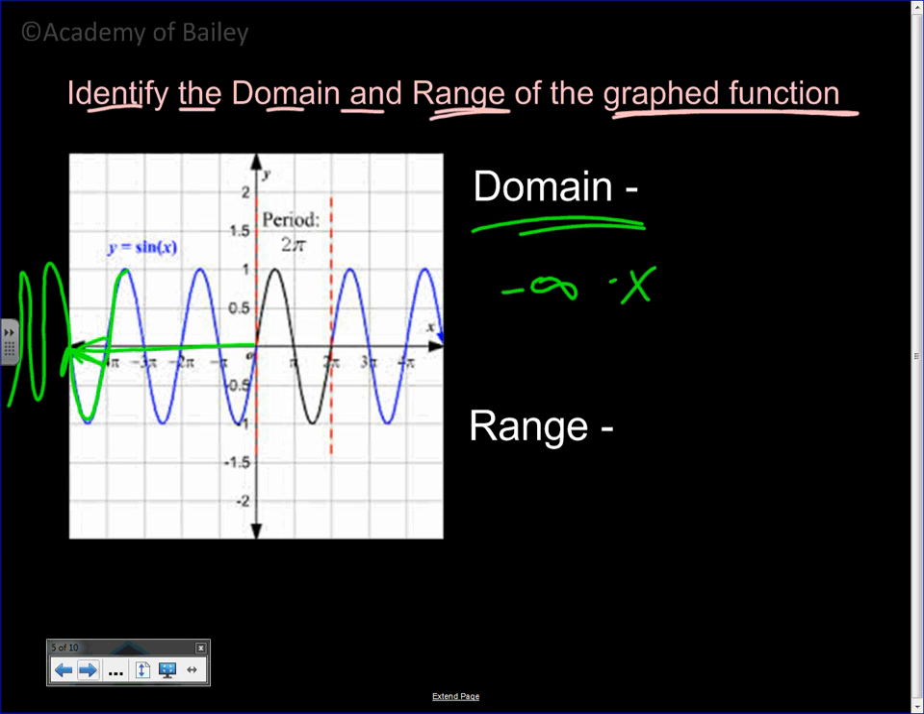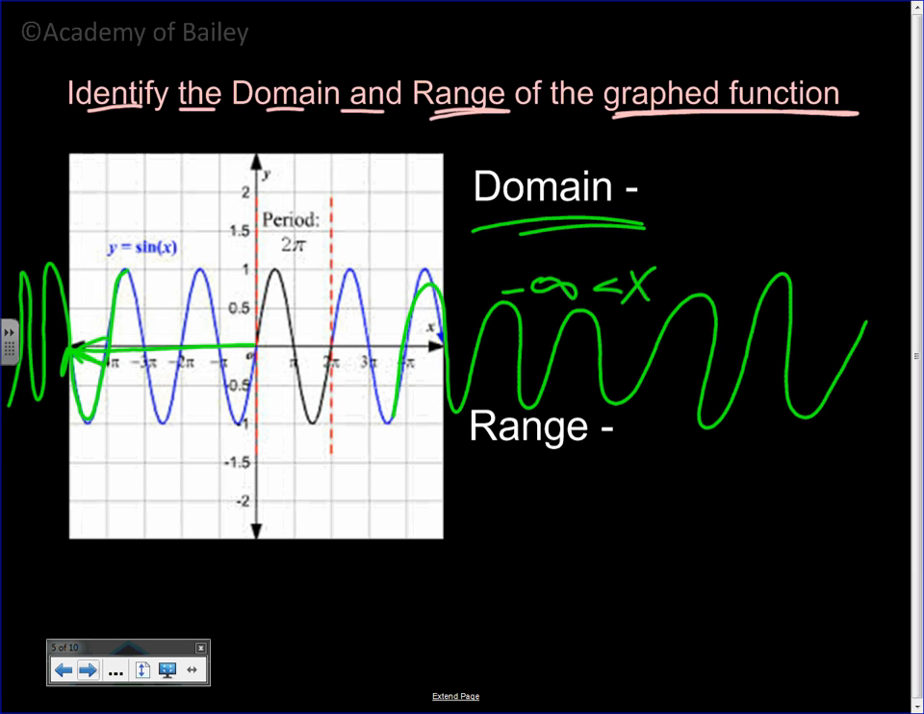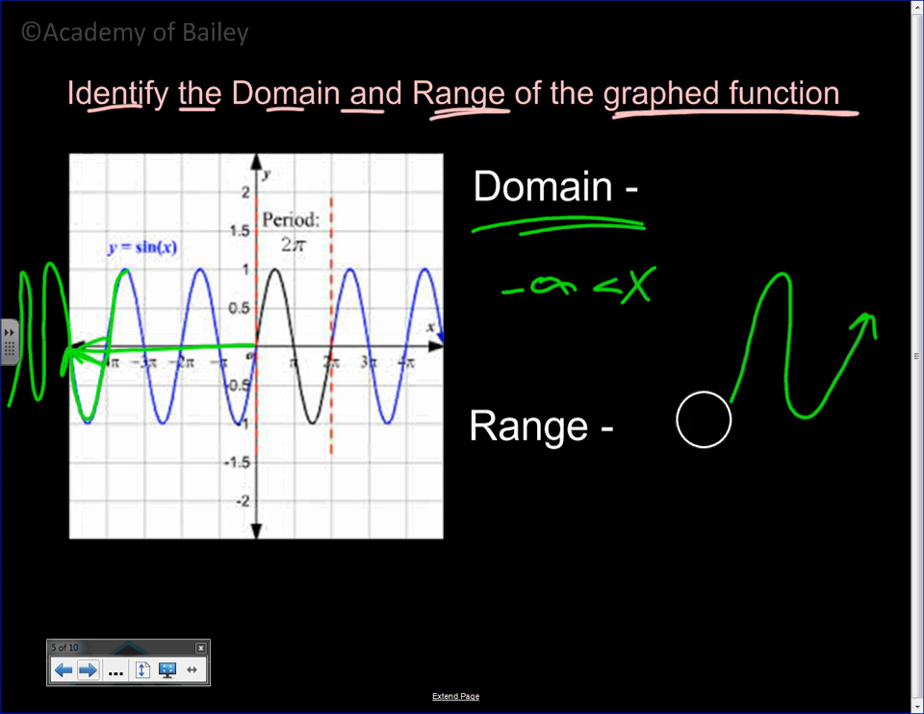So we say negative infinity is less than x, and that's just going to be on the small side of the x value. Now what about the large side of the x value? So we notice that this keeps going, keeps going, keeps going, and it's never going to stop. So what's the highest x value you could get for this function? The highest x value you could get would be positive infinity. And so we've just used a compound inequality here. That just means two inequalities put together to describe this